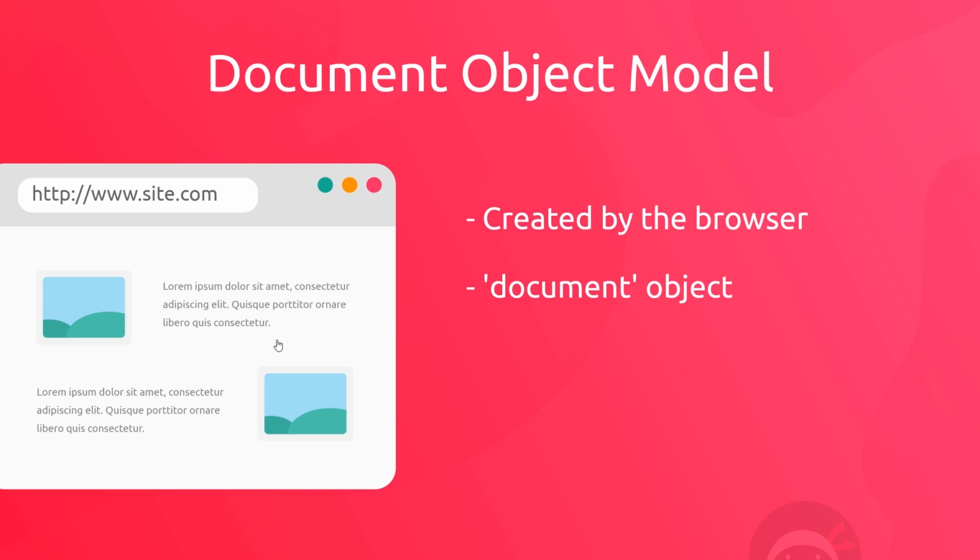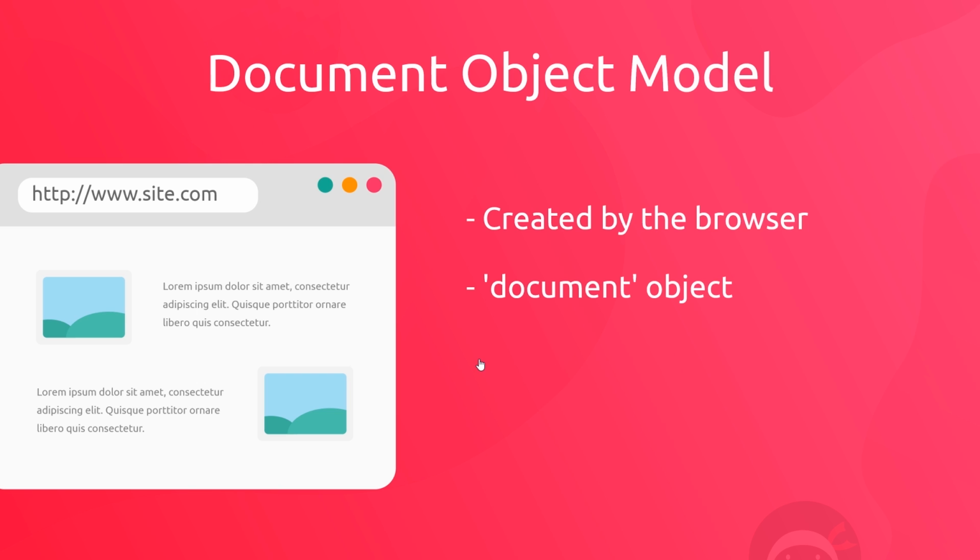So once the HTML document is loaded in the browser, it creates an object which models this document, and this object is called the document object. Now it contains many different properties about the HTML document and many different methods that we can use to interact with the HTML document. So whenever we want to do something like remove an element from a browser or respond to a user clicking a button or add something to the browser, we do that via